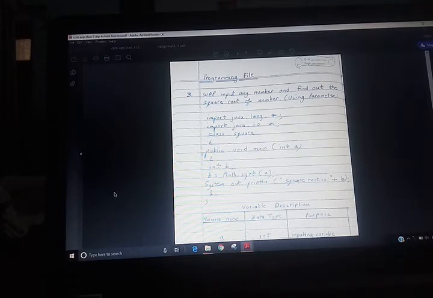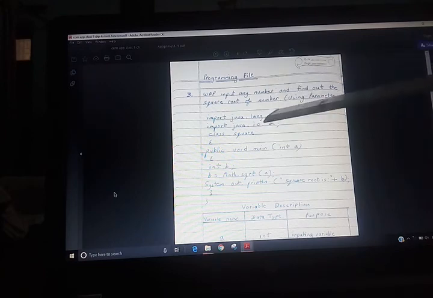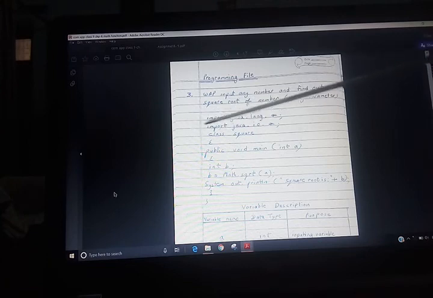So first, because the Math function is in java.lang, import java.lang.*; with all in lowercase. Then next is the IO package. These are package names. Import java.io.*; Then the class name I have given is Square.